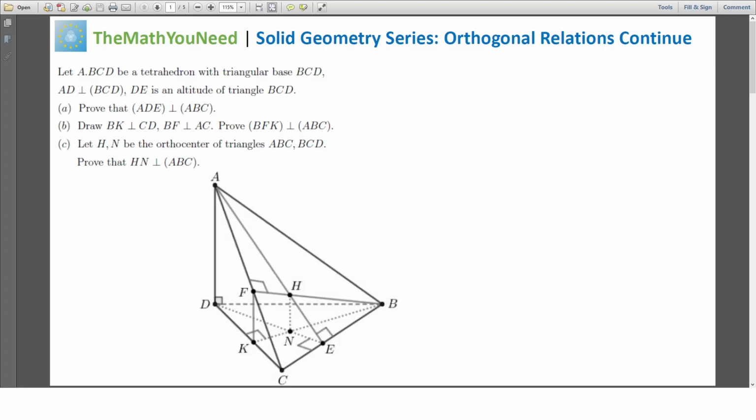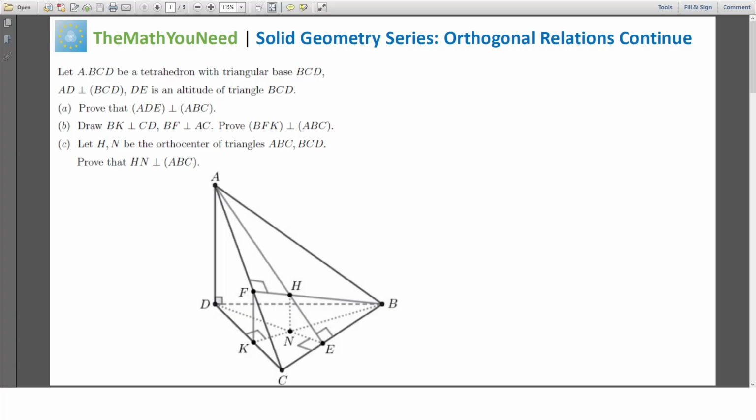Today we will continue with orthogonal relations and I have a very exciting problem for you. Here it is. Let ABCD be a tetrahedron with triangular base BCD. AD is perpendicular to the plane BCD and DE is an altitude of triangle BCD. A. Prove that plane ADE is perpendicular to plane